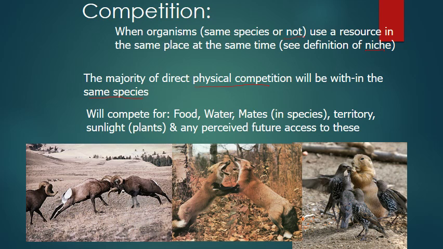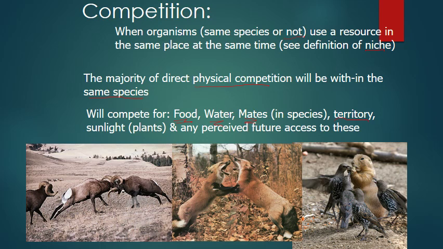Things that organisms will compete for: food, water, mates. Of course, that's an in-species competition thing. Territory. And keep in mind that competition also applies to plants and funguses as well. Plants will actually compete for access to sunlight, especially plants in tropical jungles. If a giant jungle tree falls over, it creates a lot of open space where there once was none, and so the plants down below towards the ground will suddenly have a lot of access to sunlight that the large canopy trees have actually outcompeted them for.